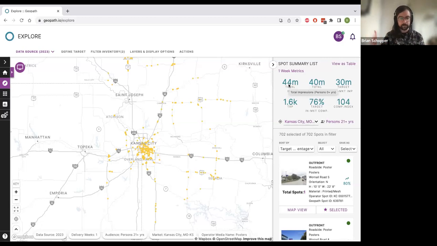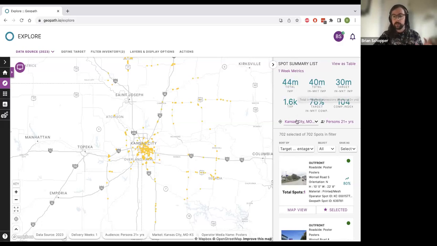So person 0 plus and from any market. They could be from this Topeka market, they could be from Colombia, anywhere outside of this market. If they are interacting with and making impressions on any of these boards, they're counted in this total impression number of 44 million. Going one to the right now, looking at total in-market impressions, these are the 0 plus impressions